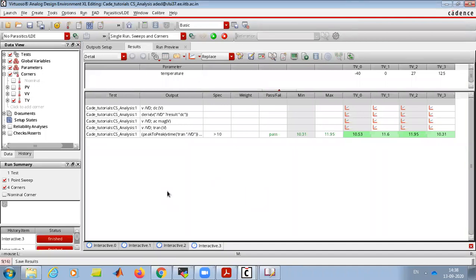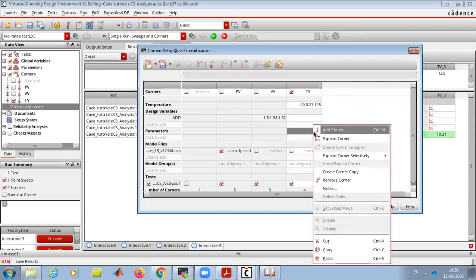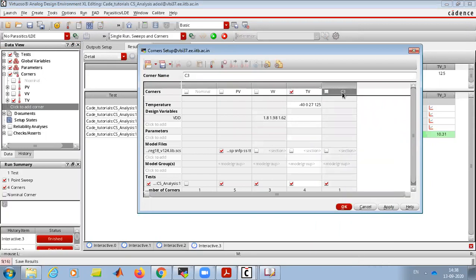So now we'll try to combine all this, and this is what we check whenever we finalize our design, before finalizing it. So how to add all those corners? We will write PVT.